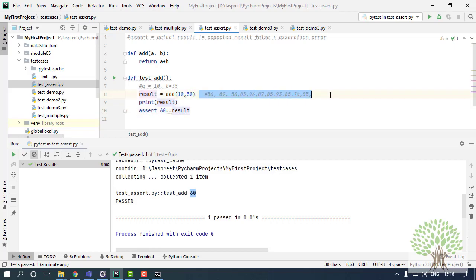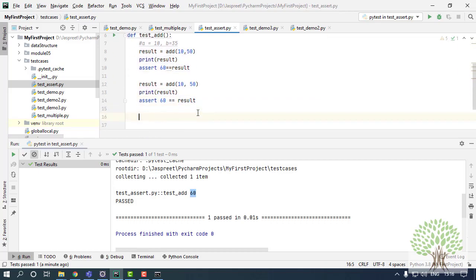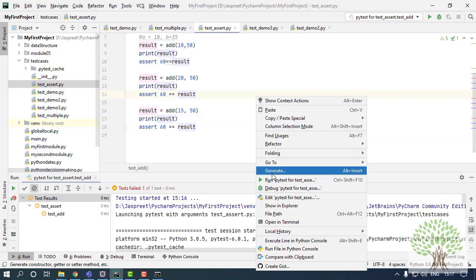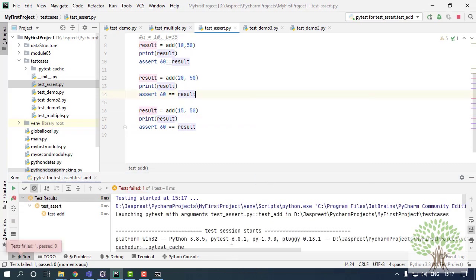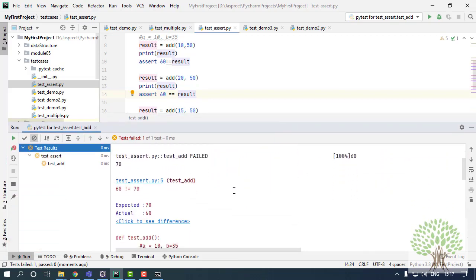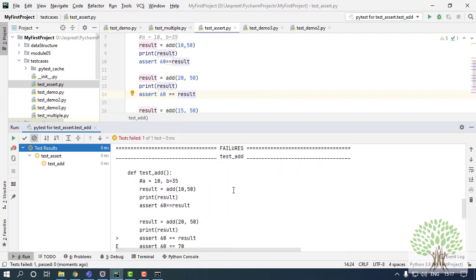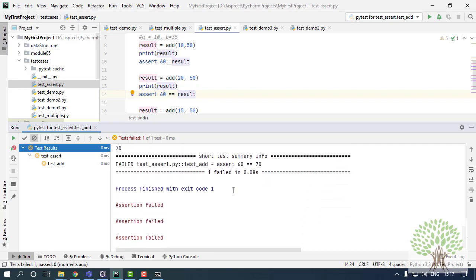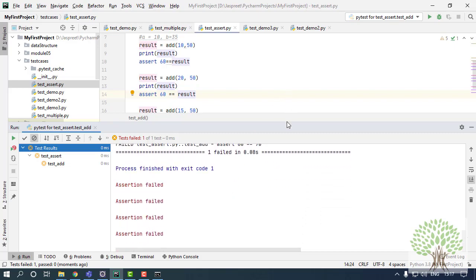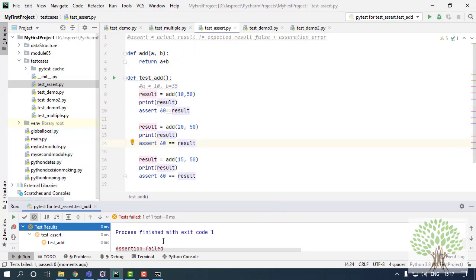So if I run it again, I'll copy it and I'll have it over here. If I run this now, it's going to give me the output. Over here it's going to tell me which of the data sets is passing and which test data is failing. That is all going to be informed. You can see over here it's giving me the information. But what actually is wrong over here?